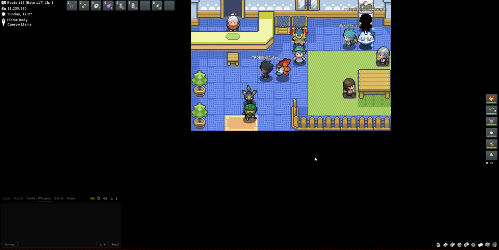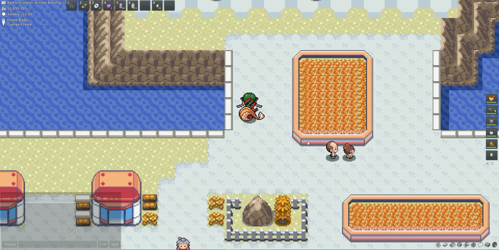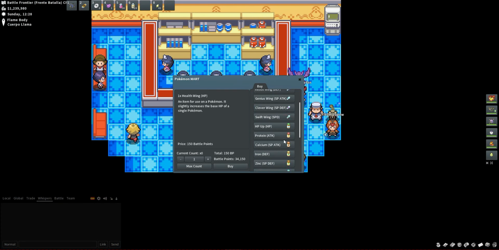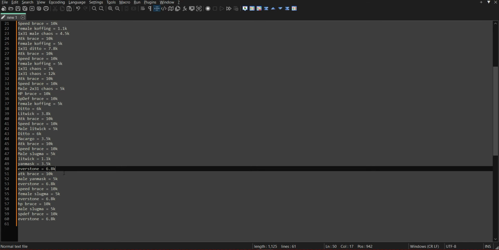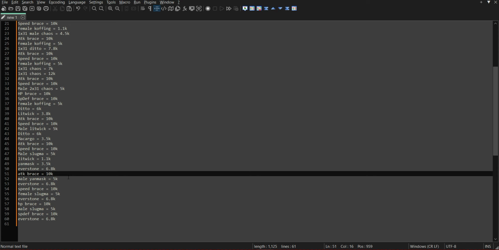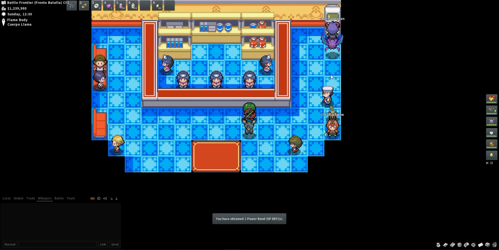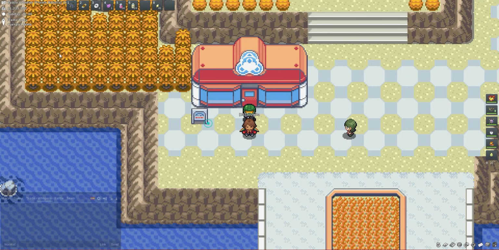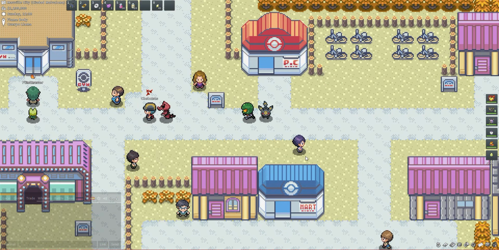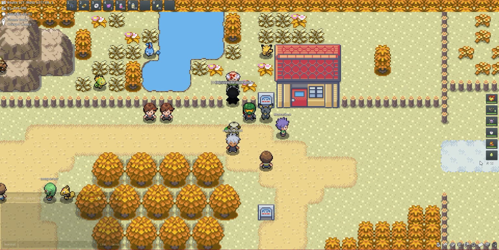So let's go buy, let's get ahead of it. We're gonna go ahead and buy what we need over here. I bought the Everstone, so we're gonna need a speed brace for this one. Yeah, speed brace. Buy. We're gonna need an HP brace. Buy. And we're gonna need a special defense brace. Okay. Think we should be good here. I should have everything I need. So I'm just gonna cut this